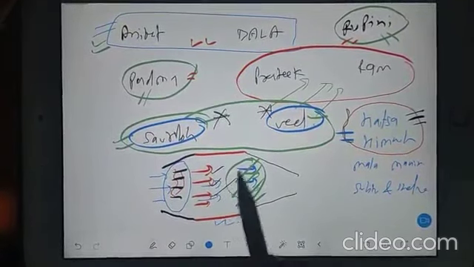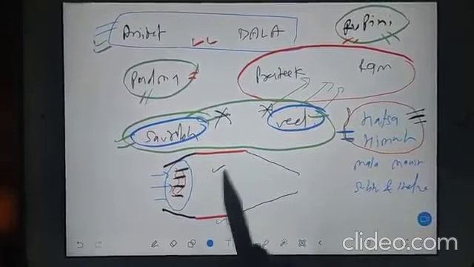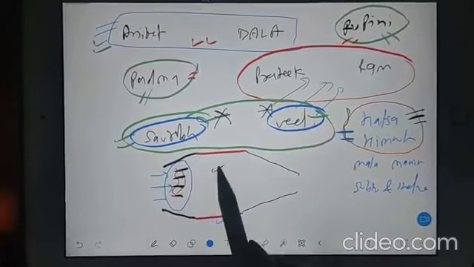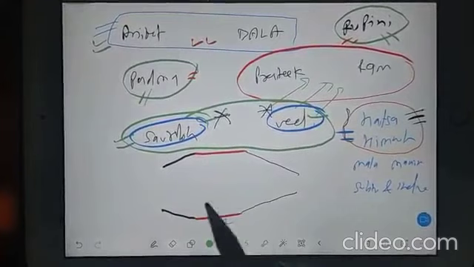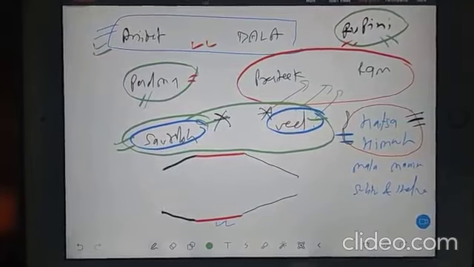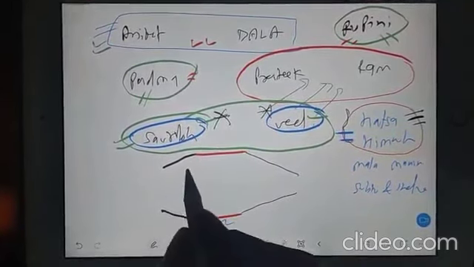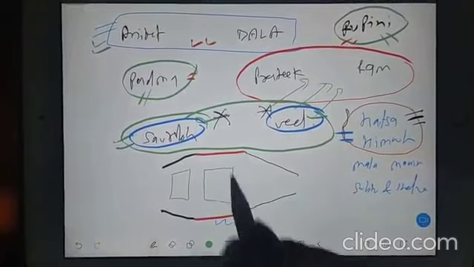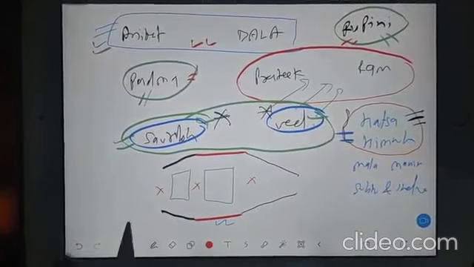So they came up with the idea of a turbine. Then one idea was proposed: okay, we need a turbine. But the problem was where to use it. Which side should we use the turbine? Where should we keep the turbine? That is the problem. Here we are keeping the compressor, here we have the combustion chamber. Now where to keep the turbine? Here?